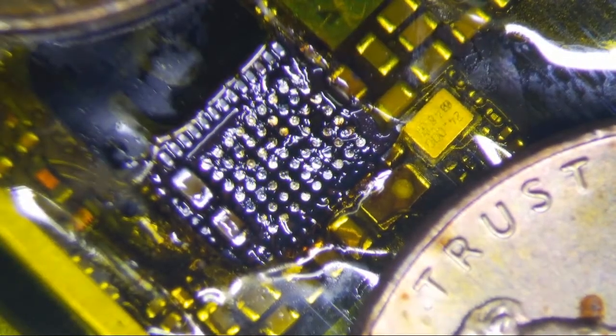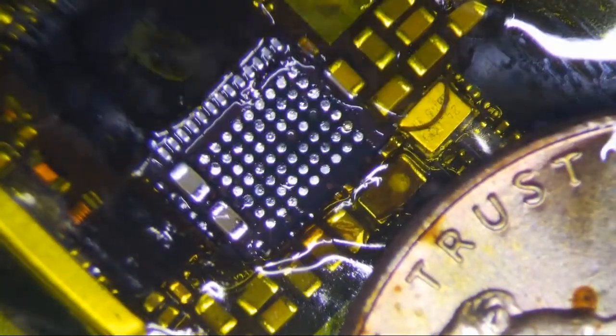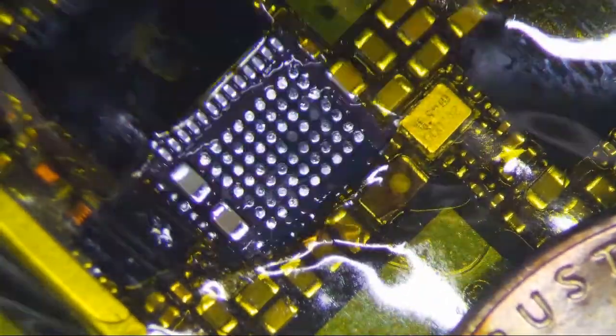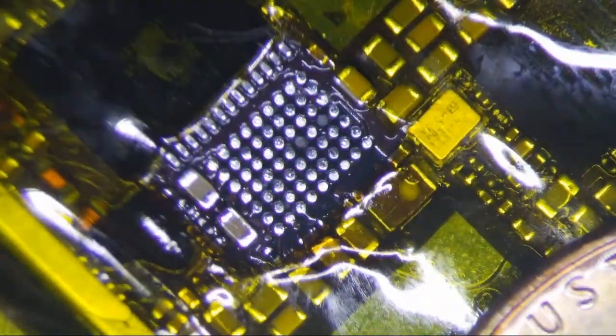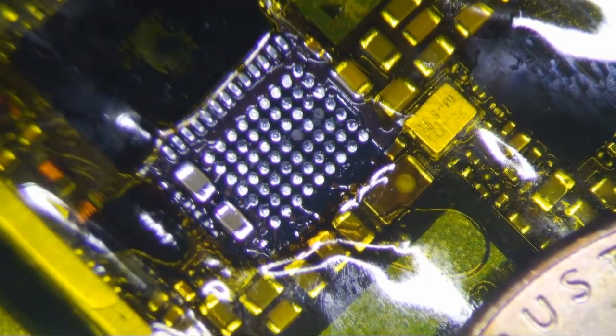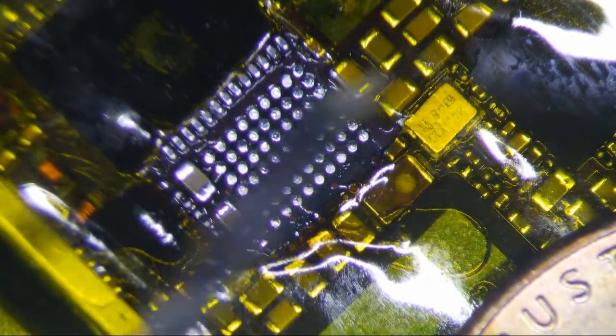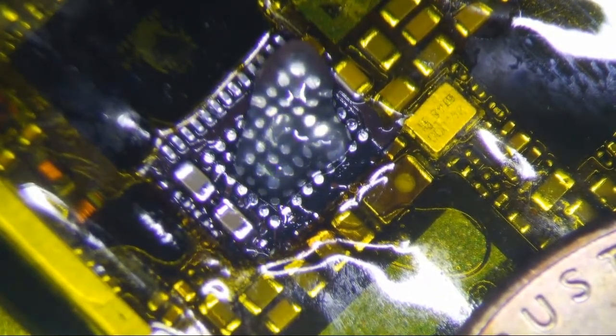Alright, I think we're good there. Let's clean it up one more time. We're in pretty good shape here, okay? Just make sure there's no lint. And make sure it's pretty dry for the most part. Okay, we are good to go. So let's get a little bit of flux first. That's a lot of flux. Okay, and then get our